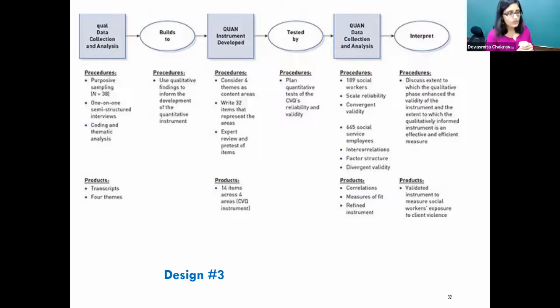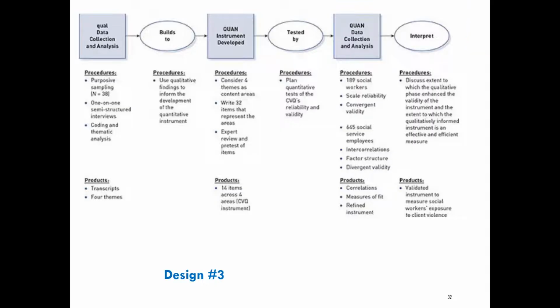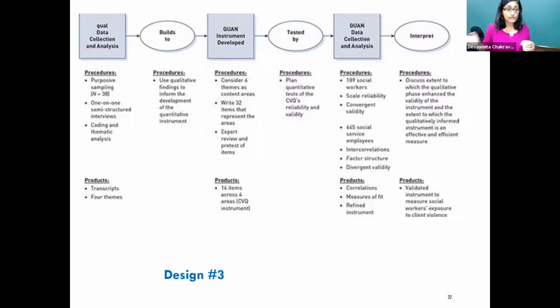Okay, so the third one, like you already know, is the sequential exploratory, which means qualitative first. It's a 3-phase design. It's not a 2-phase design anymore. Qualitative, leading to the development of something, like I developed a course, or you can develop a scale. And the third step is validating the scale, or piloting the course, doing the course, and then finding what I find. So it's a 3-step process.